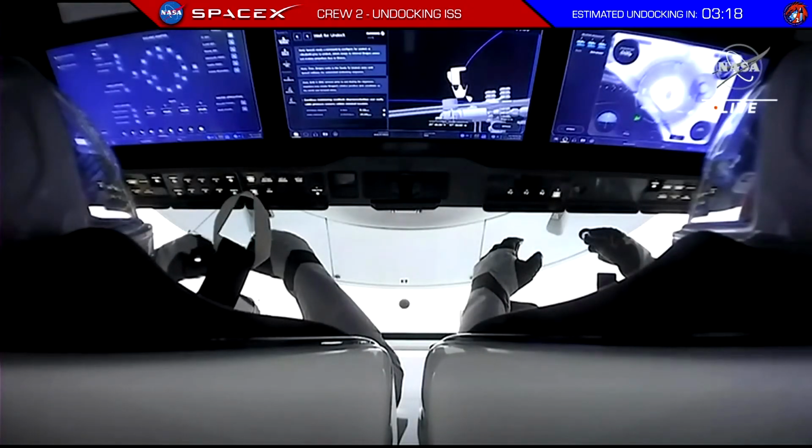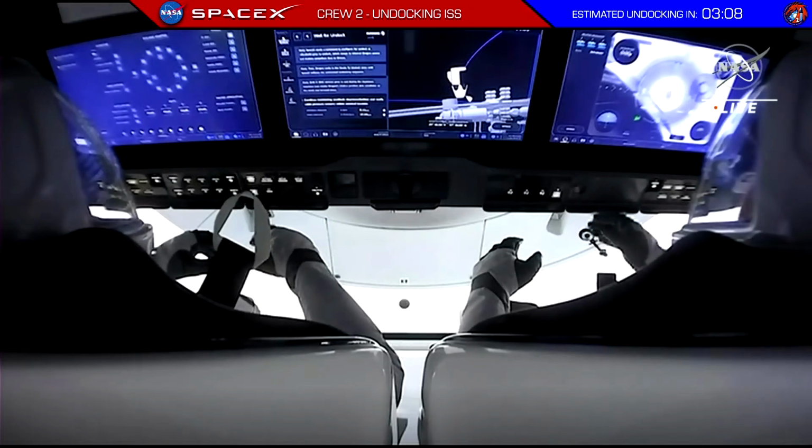You can see them all suited up from this camera view inside the Dragon. They also performed a series of leak checks. We had 4 good leak checks. And of course, just before we started this broadcast, the vestibule leak check, which is very important, making sure that